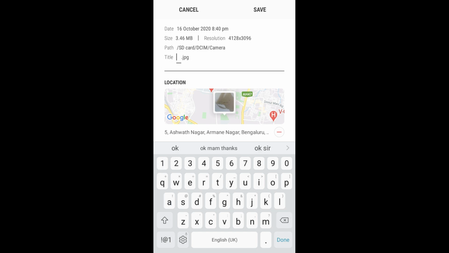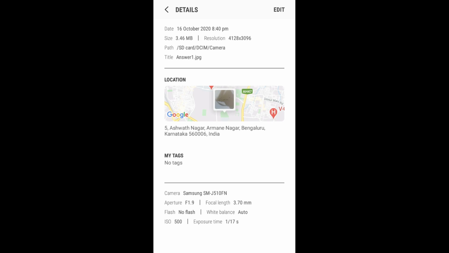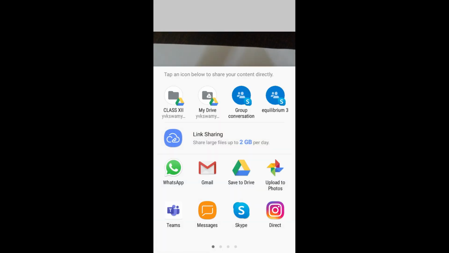So let me give this as answer 1 and then save. Now this is answer 1, come back, okay, and select this share option and upload this file into your Google Drive.